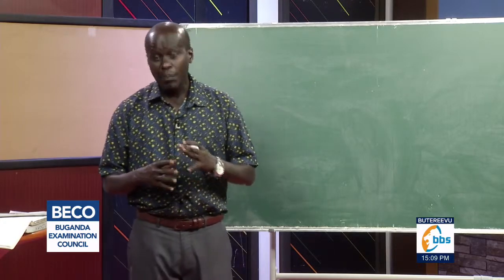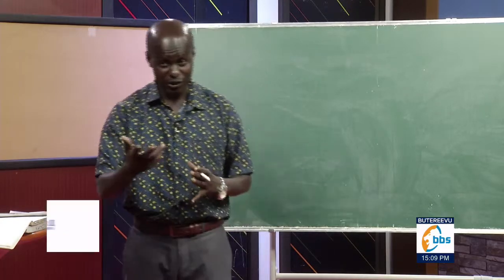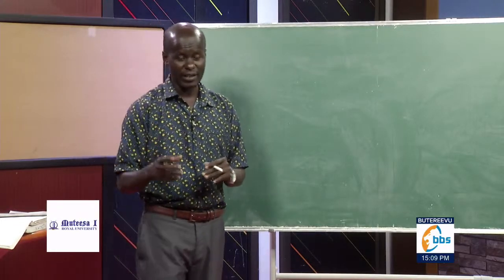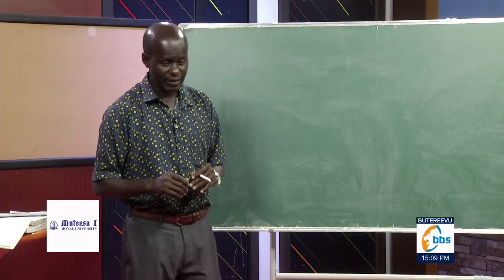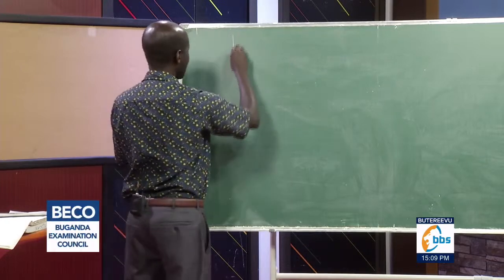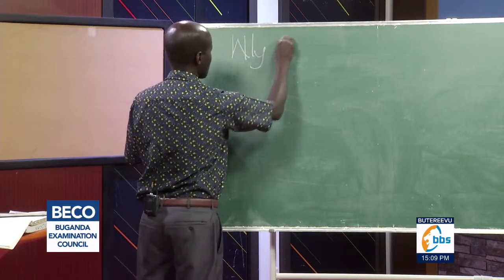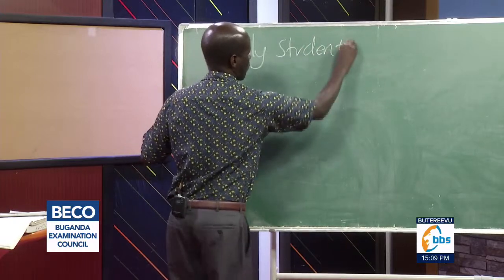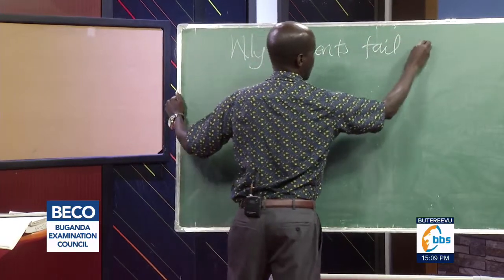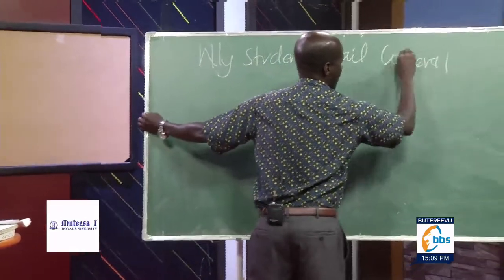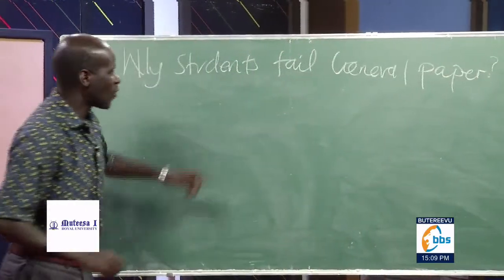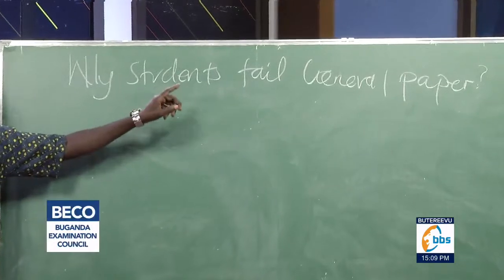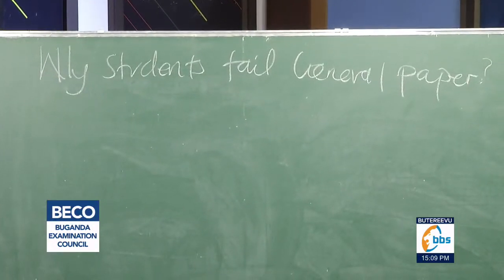Now, in the past, students have been taking general paper for granted, especially senior 6, and the failing rate at A-level is so high. Why do students fail general paper? Reason number one,